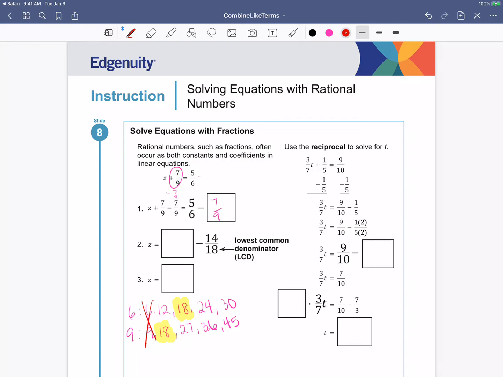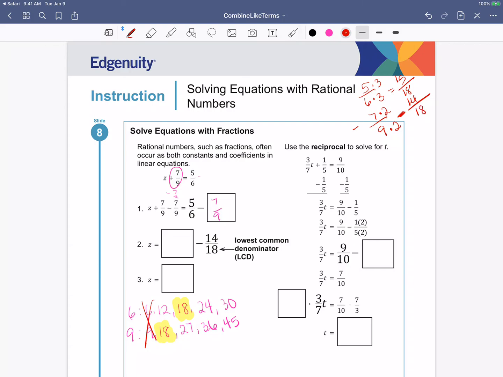Do the 18, right? So that's going to be 7 ninths and 5 sixths. And I'm going to fix it, let me put them the other way, right? Because it's 5 sixths minus 7 ninths. I need to get to 18, so that's 9 times 2, 7 times 2. And for 6, that's times 3, times 3. Okay, so 5 times 3 is 15 over 18 minus 7 times 2 is 14 over